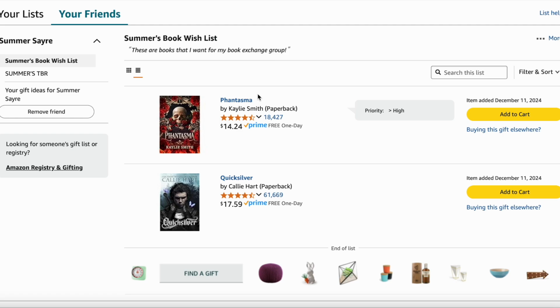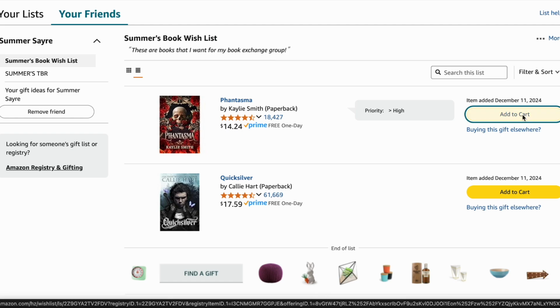Okay, so I'm logged into someone else's account so that I could show you what this looks like. So this is what it looks like when you're viewing their wish list. You can see right here, okay, I can see that Summer wants Phantasma and Quicksilver. Well, I can see Phantasma is highest on the list, so I am going to buy Phantasma for Summer. So all you need to do is add it to the cart,